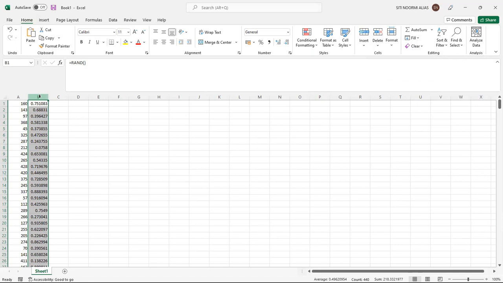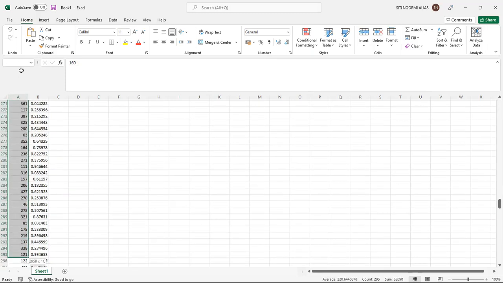Betul? Okay, so now, berapa tadi kita nak? 129, right? The sample that we need is 129. Betul? So now, you select this sample until 129.